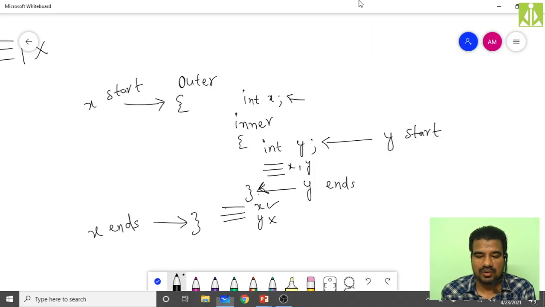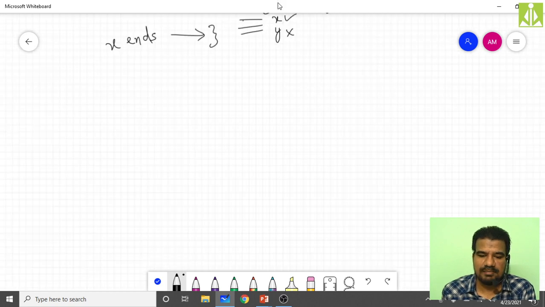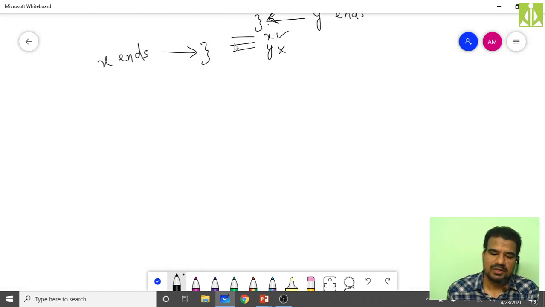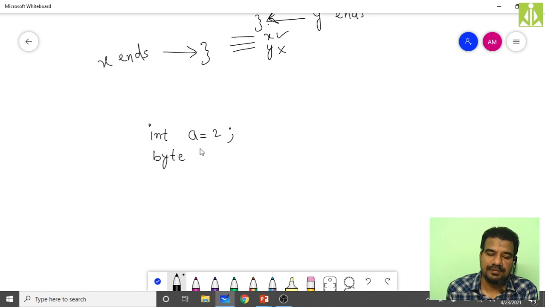So quickly I will go to the whiteboard. Take the example. Let us say I'm writing one simple statement here: integer a is equal to 2. A very normal statement. Now I'm declaring byte b.